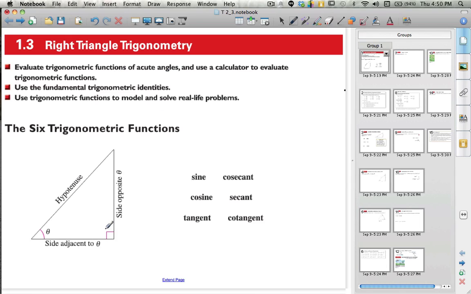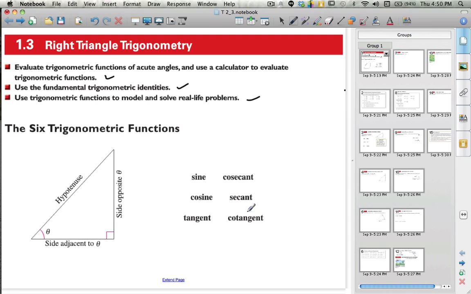That's what's unique about a right triangle. The other angles must be acute angles. And we'll use a calculator to evaluate trig functions. We're going to use the fundamental trig identities, and we're going to use trigonometric functions to model and solve real-life problems. So we're going to be looking at these 6 trig functions: sine, cosine, tangent, and their inverses, cosecant, secant,